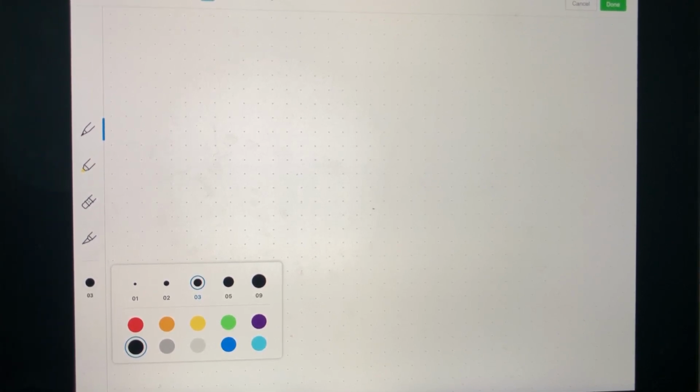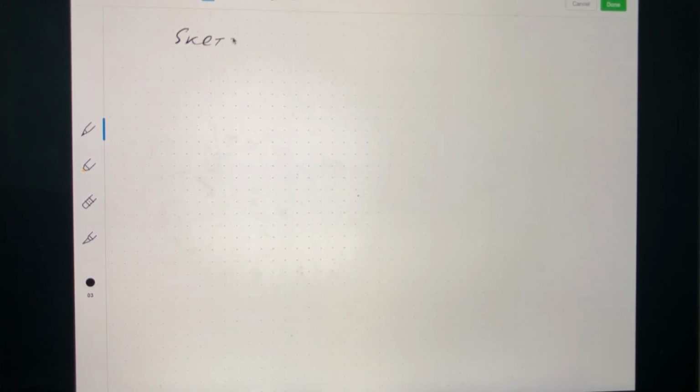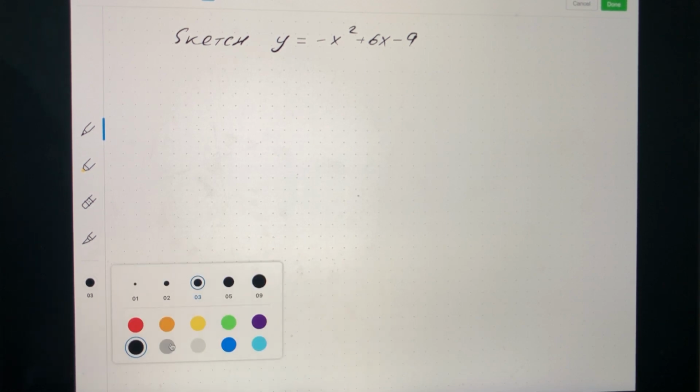In this video, let us sketch a quadratic that is upside down. So sketch, and here is the equation. It will be negative x to the 2 plus 6x minus 9. So when we are asked to make a sketch, we're looking to make a picture by hand. So here is the grid,